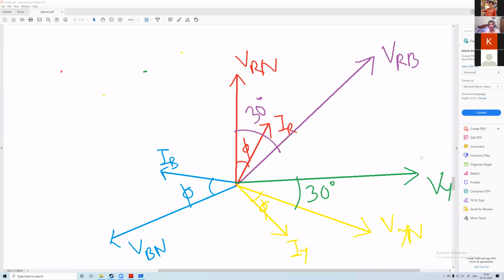No, if the loads are unbalanced, we cannot use this method. This method will give wrong answer. Loads are unbalanced, we cannot use 1 watt-meter. The 1 watt-meter method is valid only when the load is balanced. Okay, great. So now we consider balanced load and we want to measure the power factor.